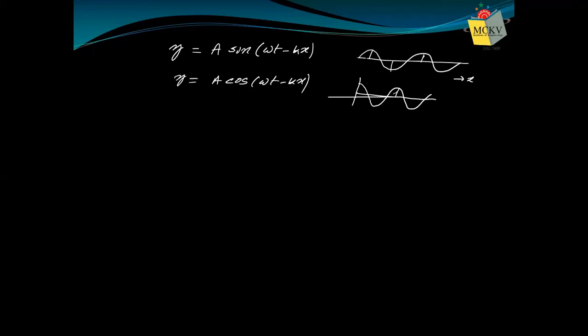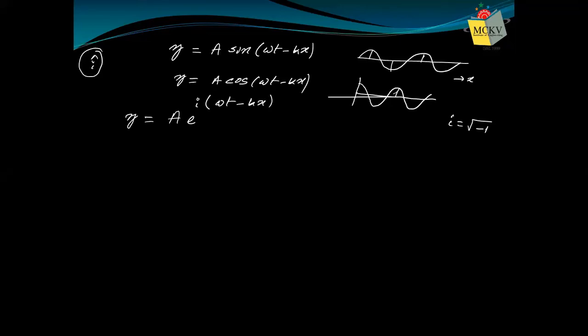So a wave can be represented either by a sine wave or by a cos wave. In general, if you are not sure whether it's a sine wave or cos wave, we can just write it as y equals A e to the power i omega t minus kx. Here i is imaginary. Remember, I have used i, j, k for unit vectors also, but in that case there is a cap symbol, which means unit vector. This i is just an imaginary number, root over minus 1.